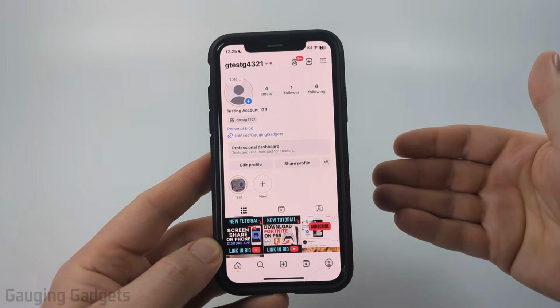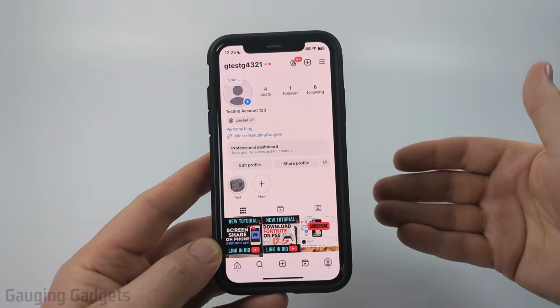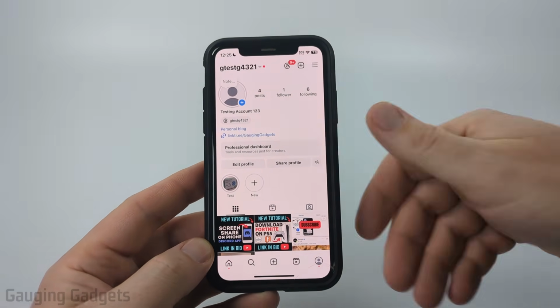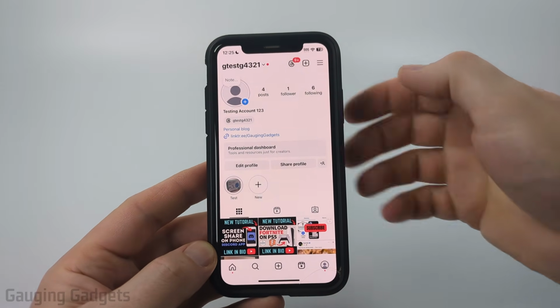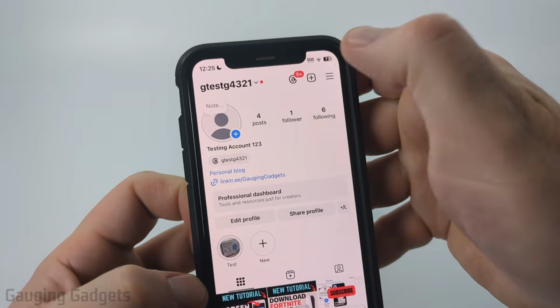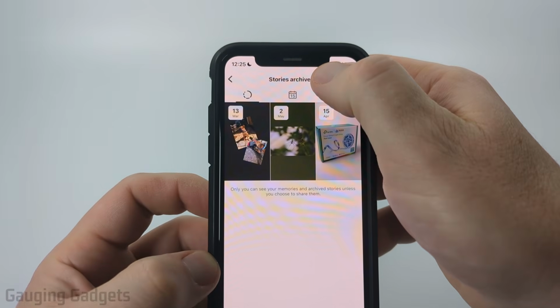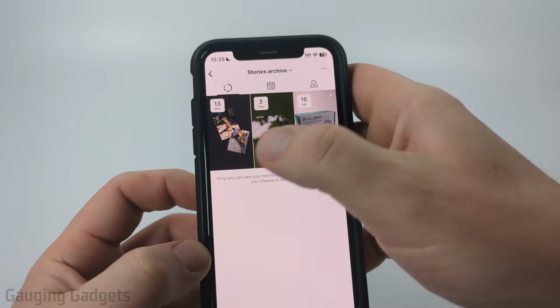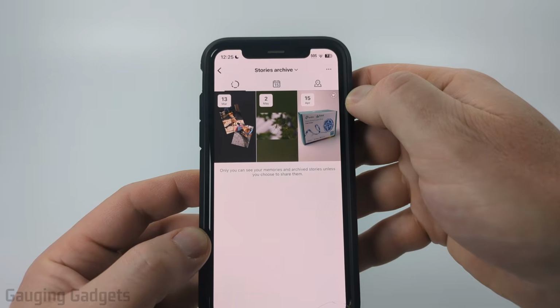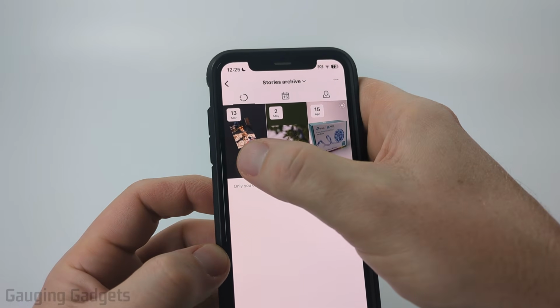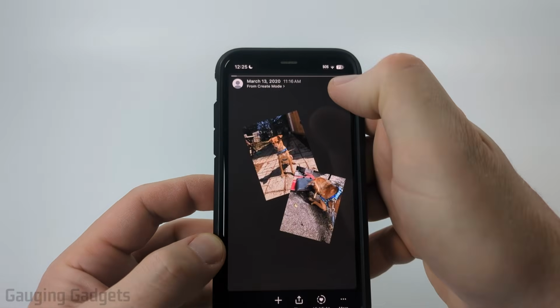Additionally, if you want to make Instagram highlights from stories that you previously posted on Instagram, you could do that by first navigating to your profile on Instagram, then select the three lines in the top right of the app to open the menu, and then select archive. From here, make sure it says Stories Archive in the top, and you'll see a history of all the stories you posted on Instagram. Find and select the story that you want to add as a highlight, and then just